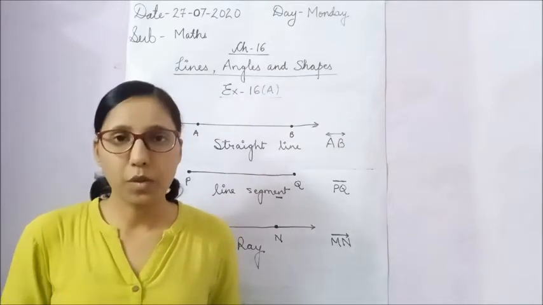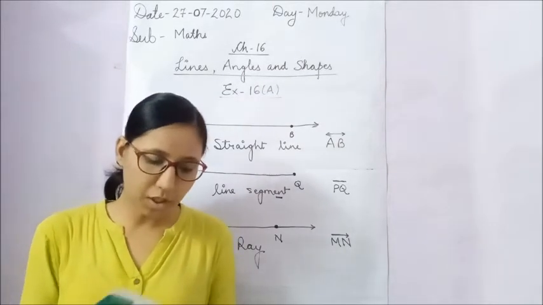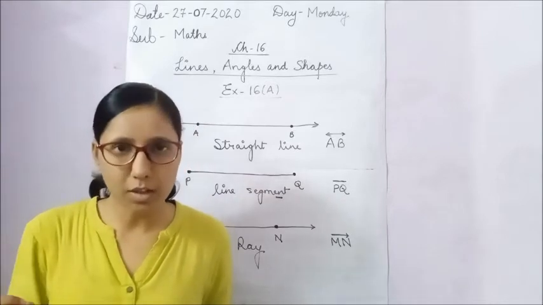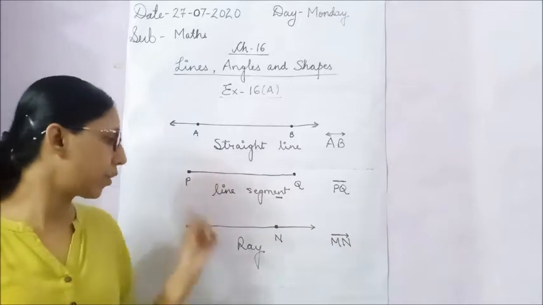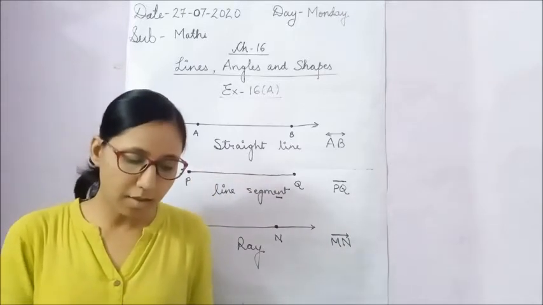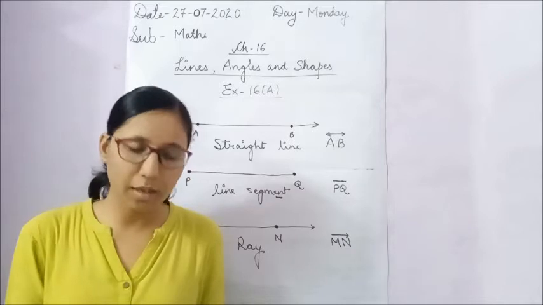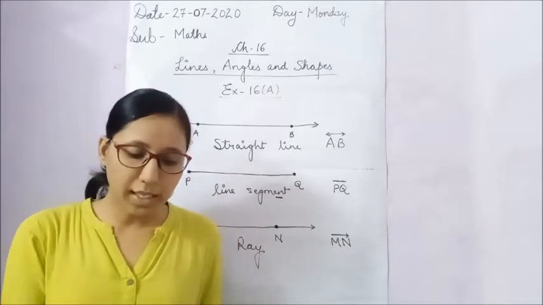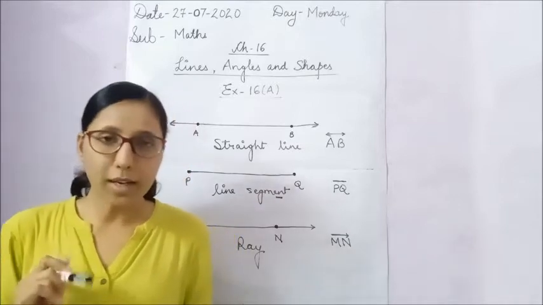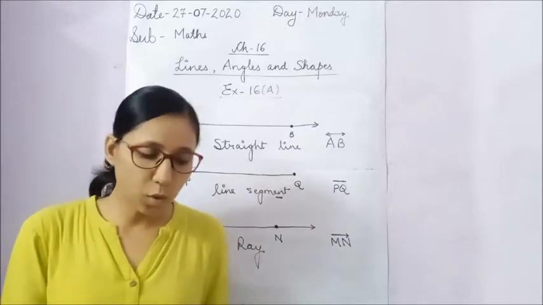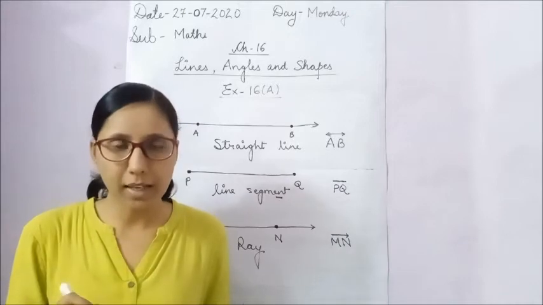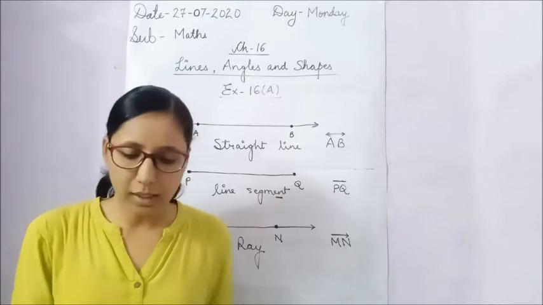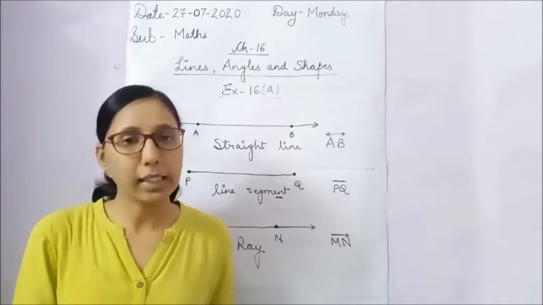Now look into your book in exercise 16A. Question number 1 is look at the figures and fill in the blanks. Now इसमें जो A, B, C part जो है that is related to line segment, straight line and ray. You have to answer what is AB here, what is PQ here and what is MN here. Then from D to I parts on page number 128, in this one you have to count all the line segments. सारे लाइन सेगमेंट्स आपको काउंट करने हैं एंड ये जो बॉक्स आपको दे रखा है, इस बॉक्स में आपको वो लाइन सेगमेंट काउंट करके लिखने हैं.